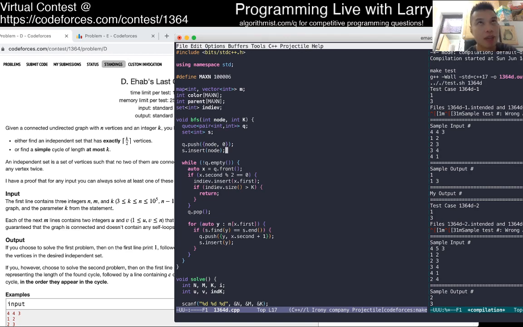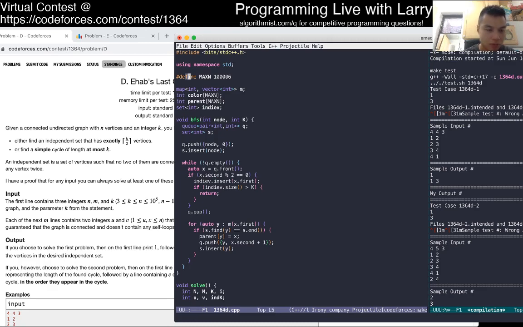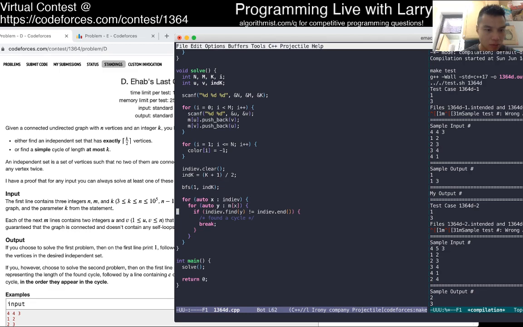But then now if we have the cycle, that doesn't... otherwise, let's just print out everything in set.